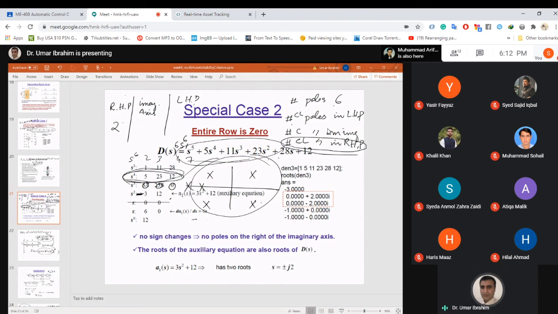अब मैं इसका आखिरी खुलासा करता हूँ। आज की क्लास में हमने क्या पढ़ा कि हमें raw stability analysis, अगर आपके पास सिंपल ट्रांसफर फंक्शन है उसकी स्टेबिलिटी एनालिसिस आप आसानी से कर सकते हैं। अगर आपके पास एक क्लोज लूप फीडबैक कंट्रोल सिस्टम है उसकी भी स्टेबिलिटी एनालिसिस आप आसानी से कर सकते हैं, लेकिन अगर उस फीडबैक कंट्रोल सिस्टम के अंदर कोई एक वेरिएबल है जिसकी वजह से क्लोज लूप ट्रांसफर फंक्शन, उस वेरिएबल वैल्यू की चेंज की वजह से क्लोज लूप ट्रांसफर फंक्शन की कैरेक्टरिस्टिक इक्वेशन चेंज होती है, तो फिर उस सिस्टम की स्टेबिलिटी एनालिसिस करने के लिए या तो आप रॉ स्टेबिलिटी क्राइटेरिया यूज करेंगे या आप रूट लोकस यूज करेंगे।